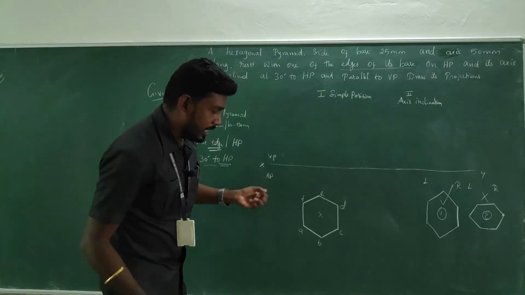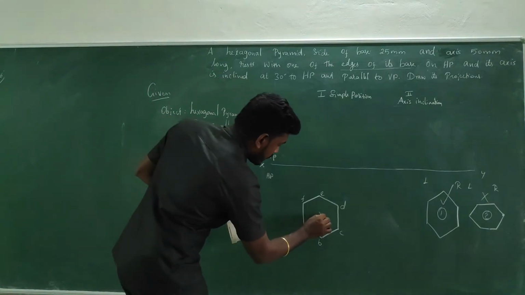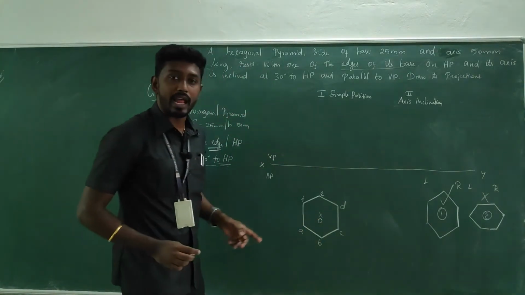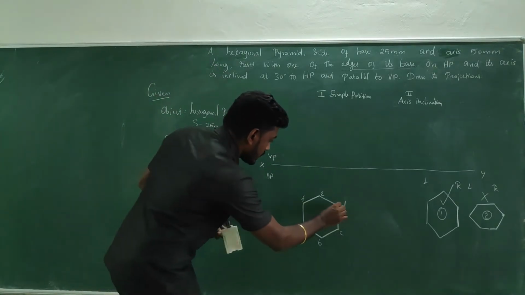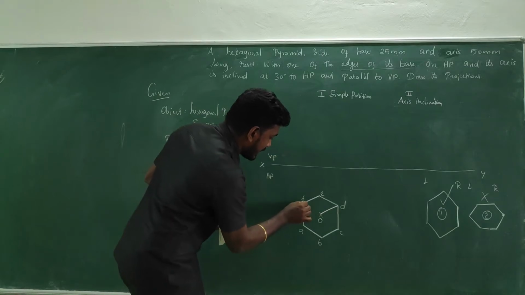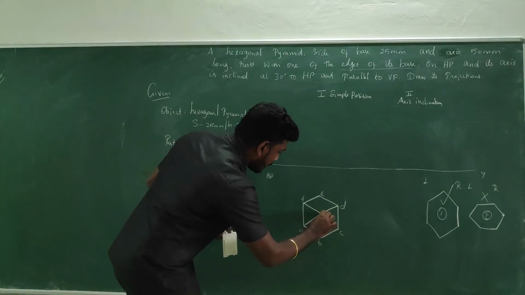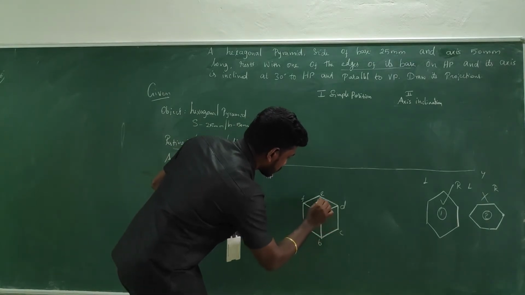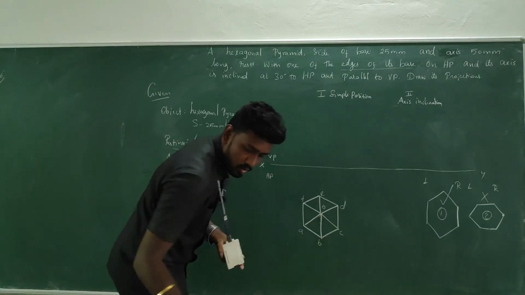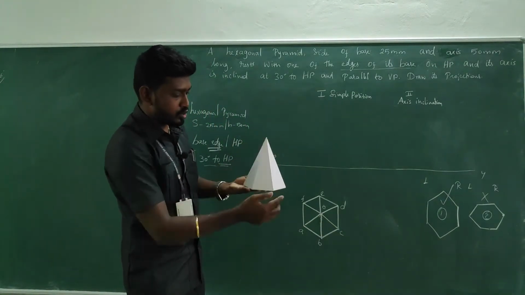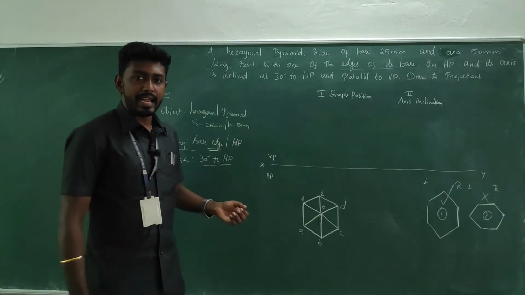Okay, so here in order to show the slant edges, I'm going to name this as O. This is for the apex. This apex I have taken as O, and then connect all the slant edges: D to F, D to O, F to O, A to O and B to O, right? Something like this. All the edges are visible from O to A, O to B, O to C, something like that. You have to connect all the slant edges.